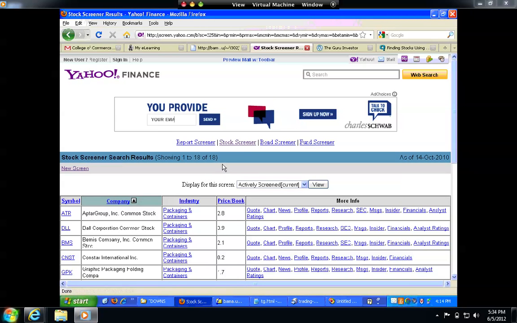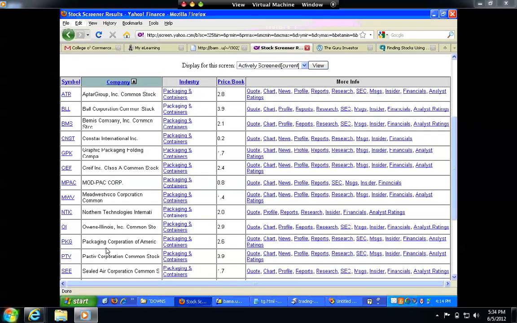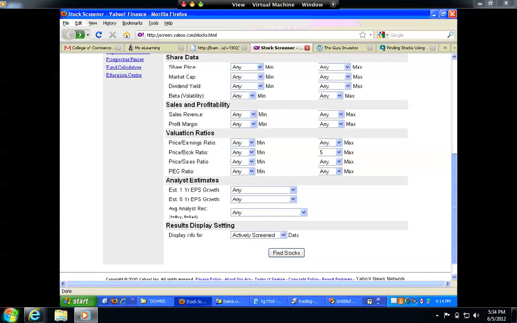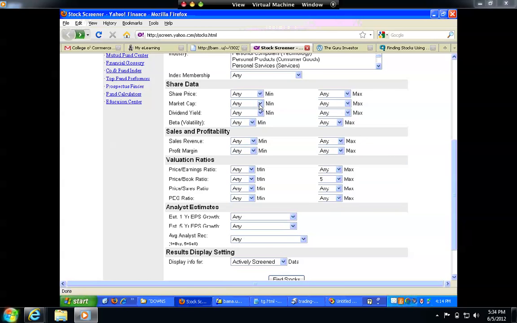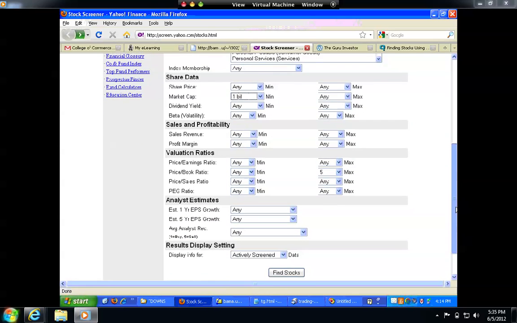Now I find the stocks that satisfy those 2 conditions, and there's 18 stocks. Okay, already I'm doing good because I've got fewer than 24. And do I see PKG? Look, there it is. There's PKG, Packaging Corporation of America. I'm going to click back because I have to set 2 more. One of them is market cap. I want it to be a minimum $1 billion company so that it's big enough to take advantage of the leaping that needs to be done as we come out of this recession. And I'm going to set, let's just say, one other one,